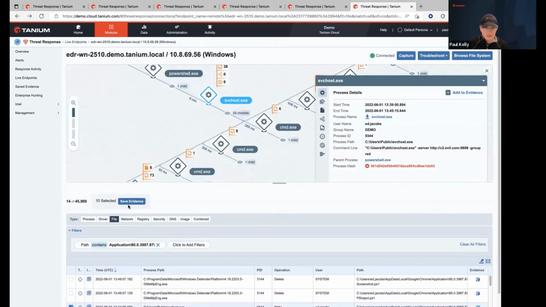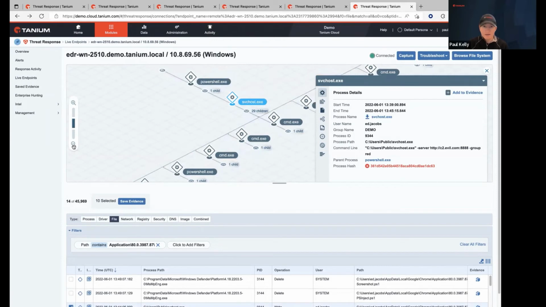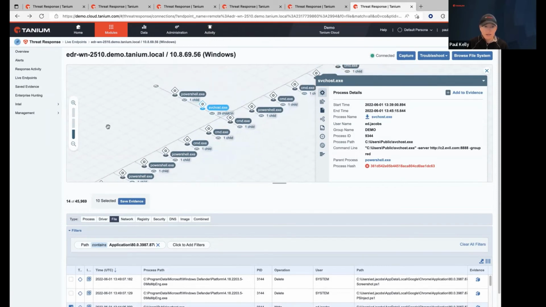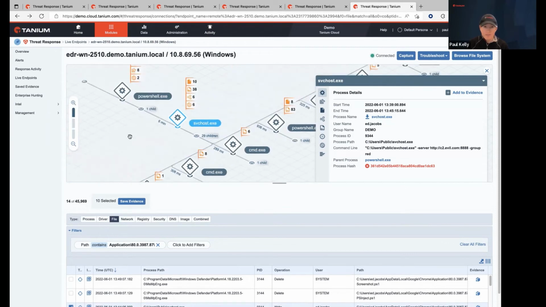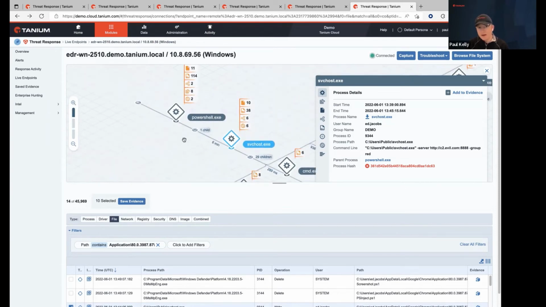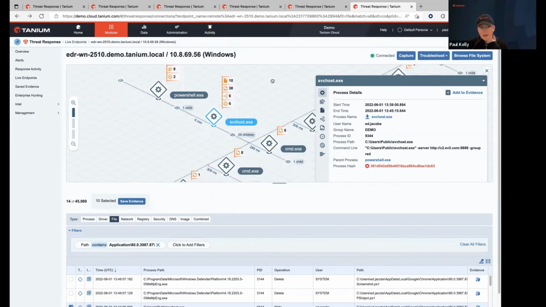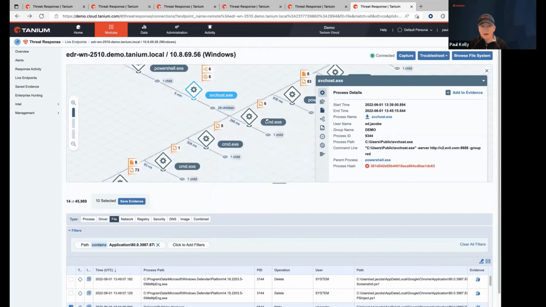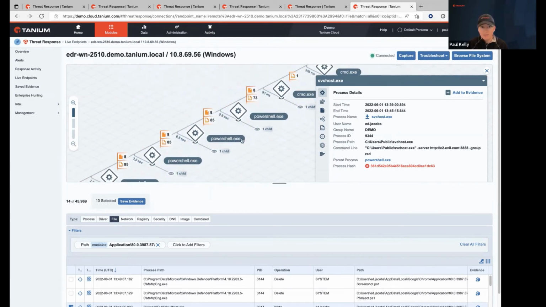Just clicking on this process tree, we can actually see execution times. But to see the order of events here, you have to drill in just a little bit more. So you can see that 6 minutes after PowerShell running, service host then initiated all of these additional commands, with varying numbers of milliseconds in between.